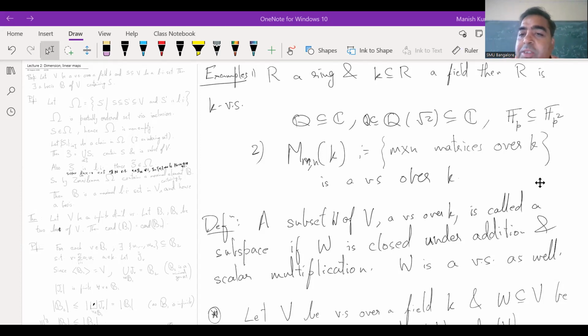So Q square root 2 is a field. If you consider the set consisting of elements of the type a plus b square root 2, so Q square root 2 is basically,